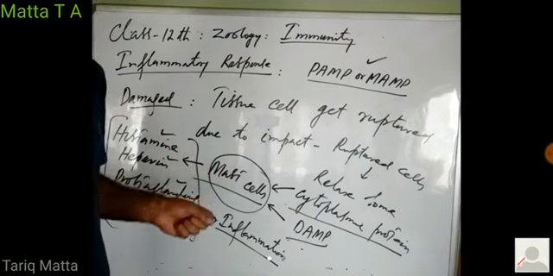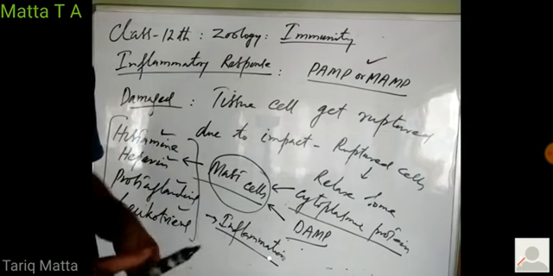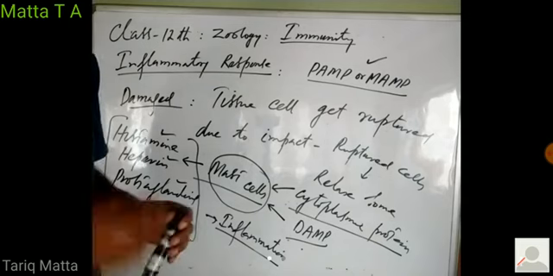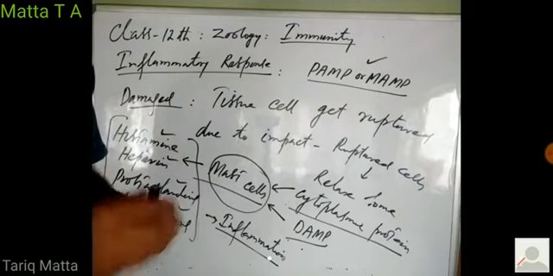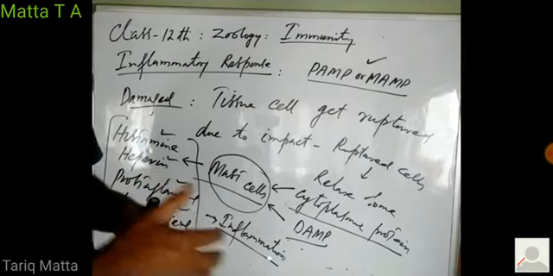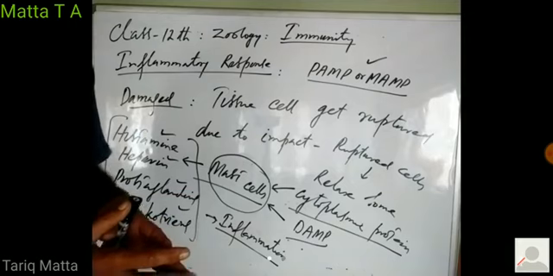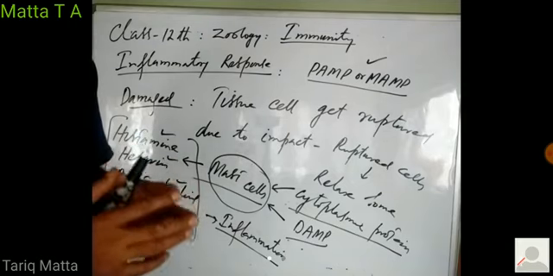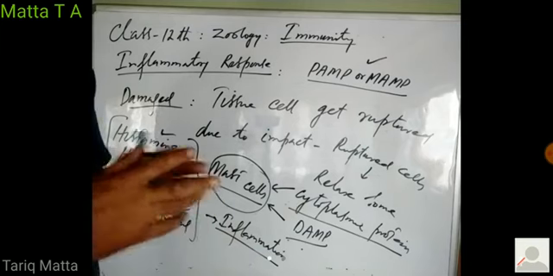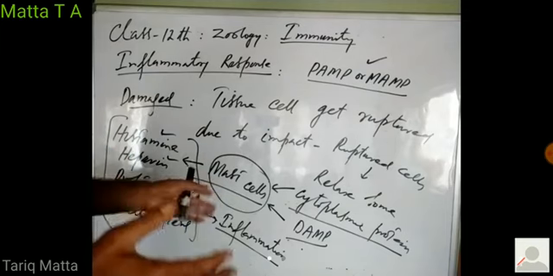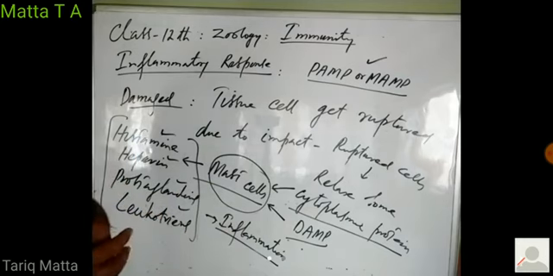This inflammatory response is also a protective response. It attracts the phagocytic cells towards the site of impact. Sometimes due to impact, our skin may get ruptured, and some pathogens may have entered the body. For that reason, all the phagocytic cells are attracted towards the site of injury. Those phagocytic cells try to locate the pathogen and kill it. Plasma leaks out so that if any pathogen has released some toxin, that toxin can be diluted. So in this way, this inflammatory response again serves as a defensive mechanism.